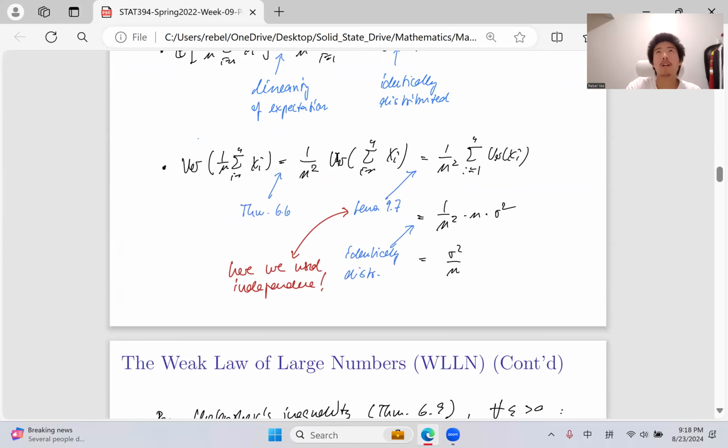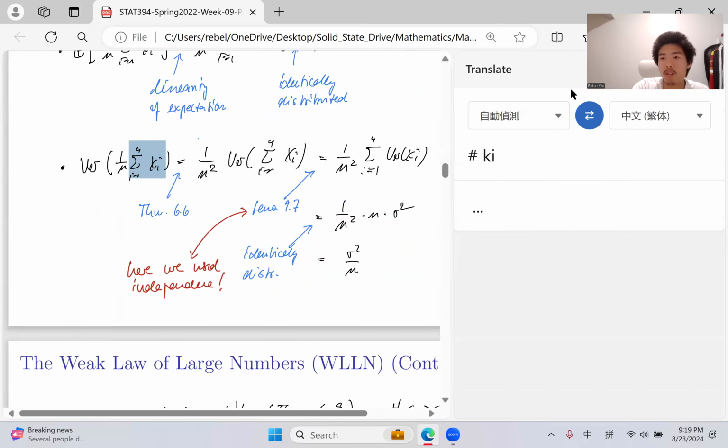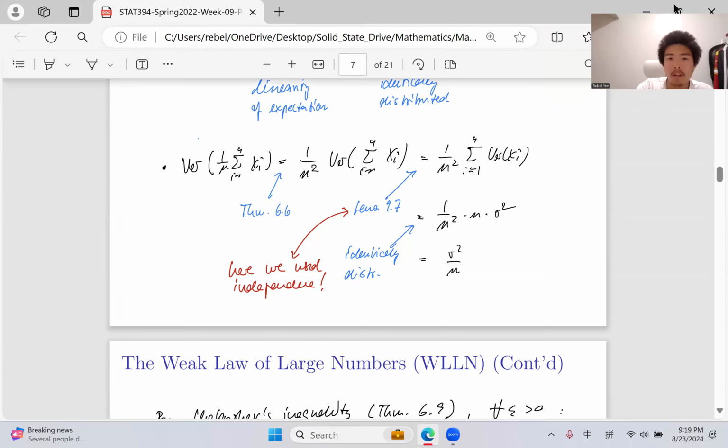Variance, first we can use the linearity of the variance. Remember, if there's a constant term, a coefficient, in front of a random variable, the variance will take the coefficient squared, so it becomes 1 over n squared, because 1 squared is just 1, times the variance of what's remaining here, using lemma 9.7, because they're all independent.